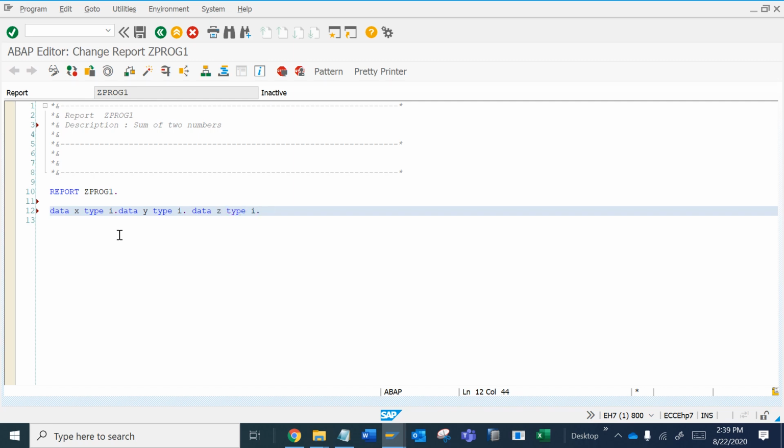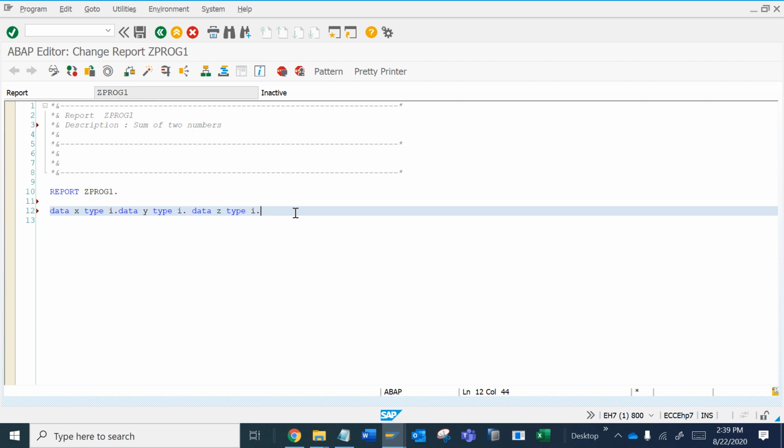Now here you can see I have declared all three variables in a single line. But in any programming language, we should also take care of the readability of the code or program you have written, so that it is readable throughout.